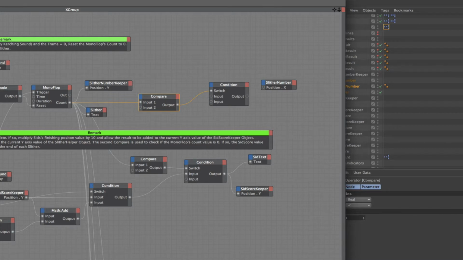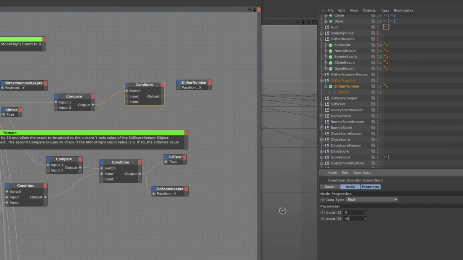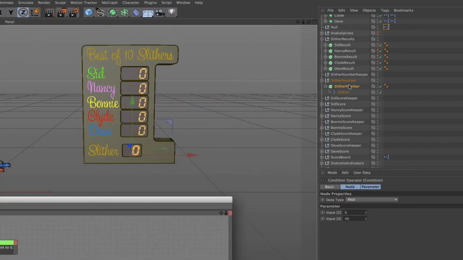Now in input 3 we're going to put 40 in there in order to initialize our display. So that takes care of input 3, and then moving on from here we're going to leave 0 at input 2. So all the time we're less than 10 slithers, we're going to be placing our text 40 centimeters away